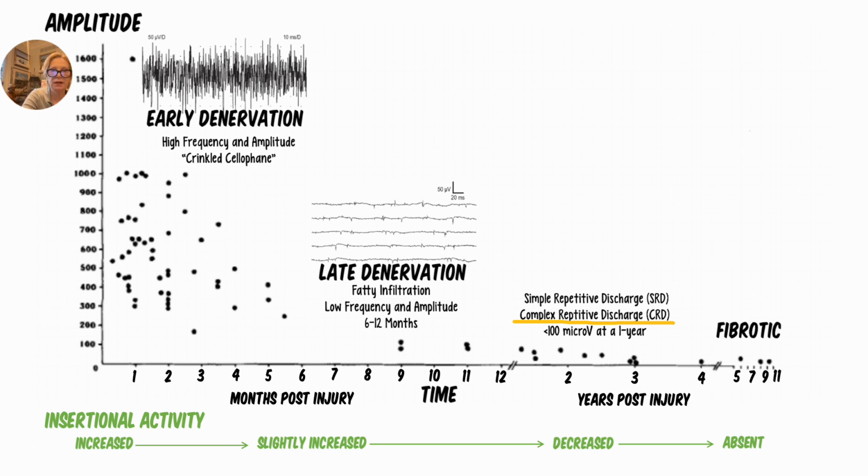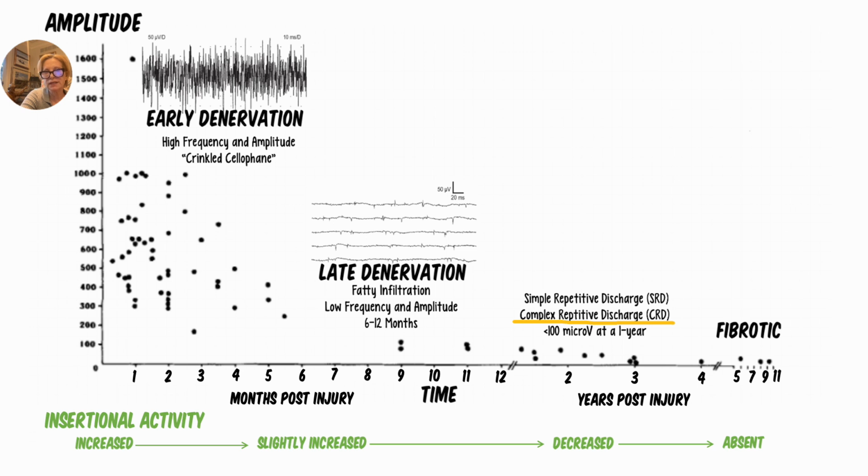You want to wait the 3 months to make sure you're not doing an end-to-end operation, for example, on something that's going to get spontaneously better, an axonotmetic injury. But between 3 and 6 months, great. As time goes on, and you can see that 12 months and then 2 years and 3 years,